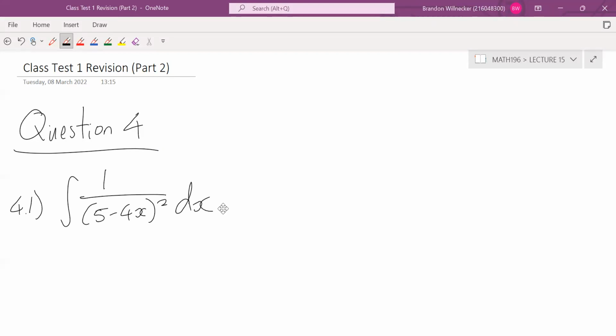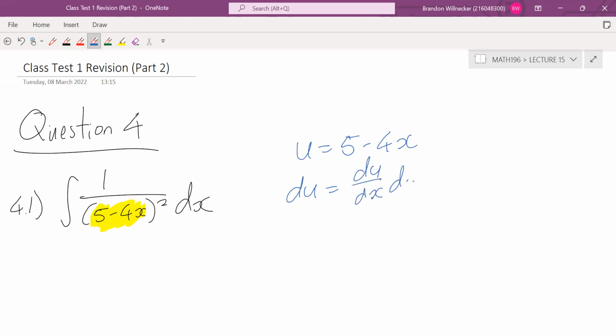Okay, so we can see that we've got 5 minus 4x in the denominator, and all of that is squared. So we've got this inside function of 5 minus 4x. That gives us a hint as to what the u substitution needs to be. So in this case, we can say that u is equal to 5 minus 4x. So du is du by dx dx. So du is going to be minus 4